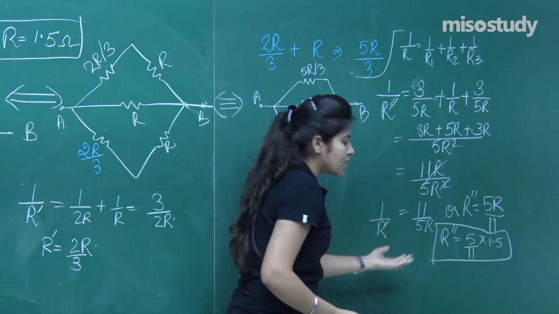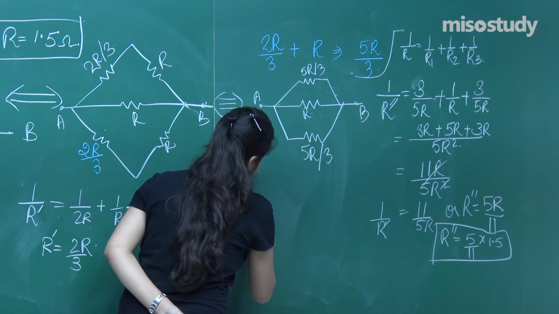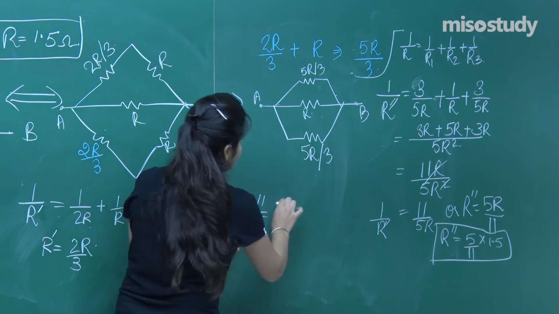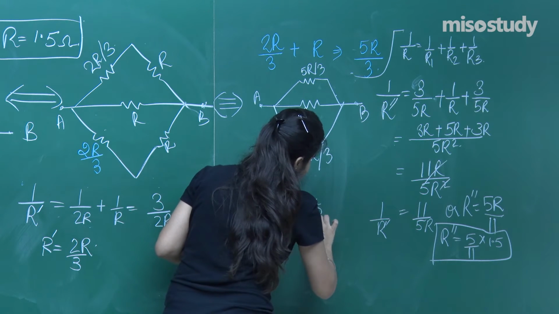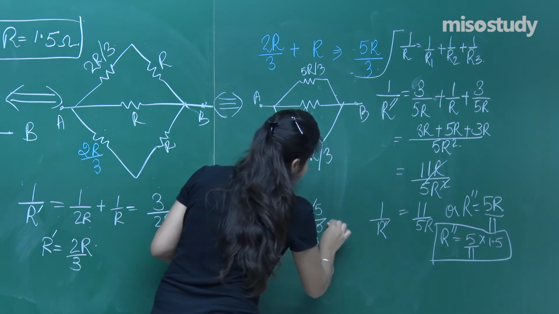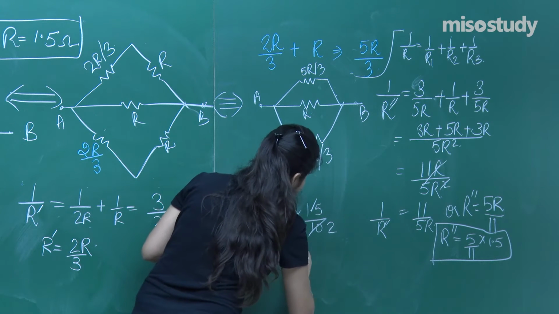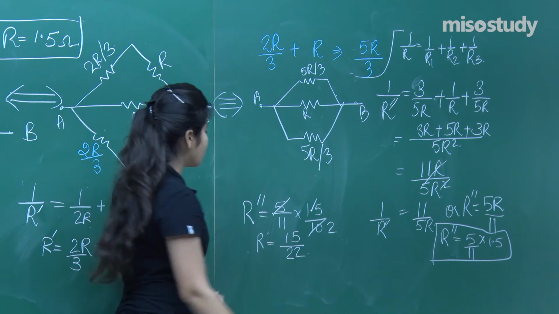Let me just solve it here for you because I am not able to find the space over the board. So that means your R dash will be equal to 5 upon 11 into 1.5, or you can write it as 15 by 10. So 5 by 2, and you will have your answer as 15 upon 22. Now if you solve it, you will have your answer as,